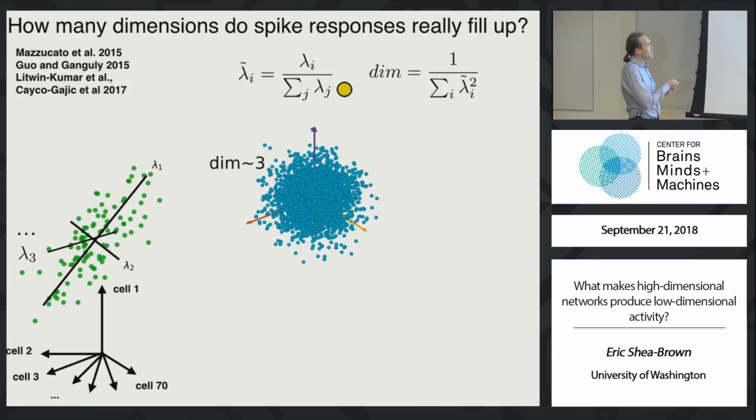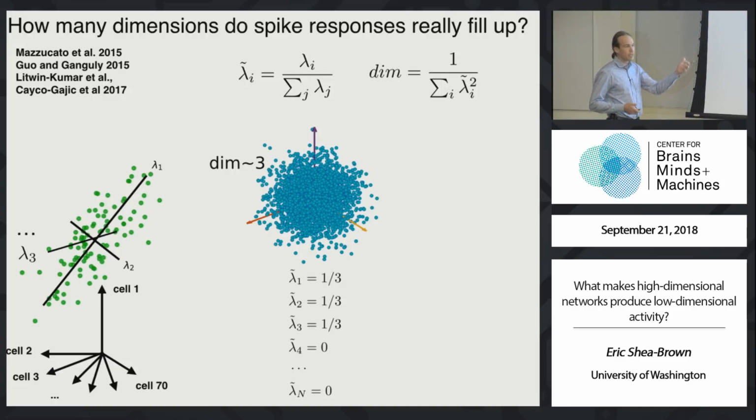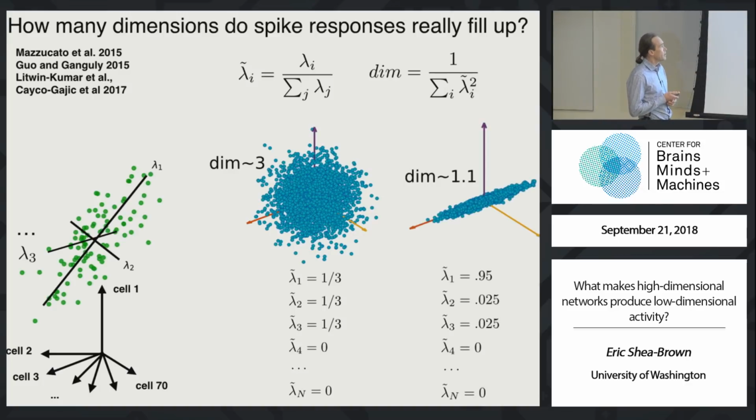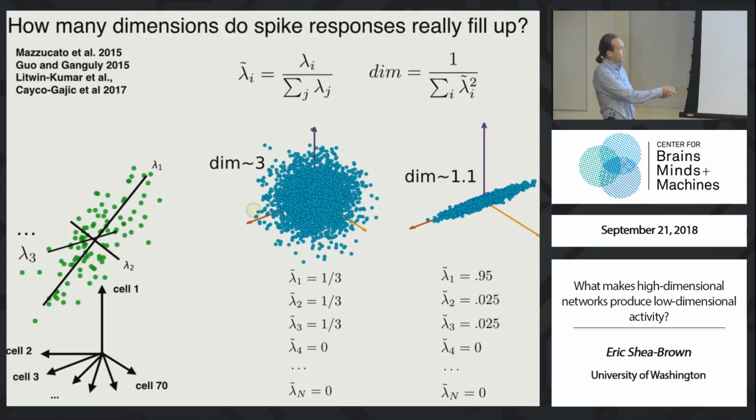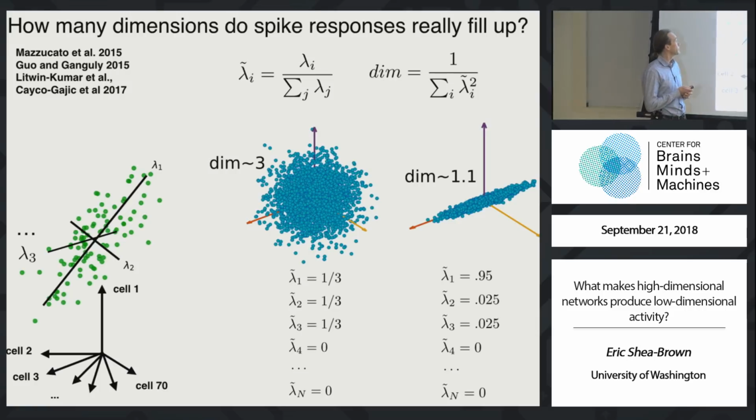Let's say that really I wasn't lying that much, even though you've got 70 different cells at once. When I look at the ensemble of points, they really just fill up a three-dimensional sphere. In that case, 3 of these normalized axis lengths would be the same, all about a third. The rest are 0. If you plug these normalized axis lengths into this formula, you'll get a ninth plus a ninth plus a ninth. 1 over that is 3. So you recover the three-dimensional sphere. Likewise, if you have a hoagie roll instead of a cream puff here, with one dominant dimension and then a little bit of spread in another couple dimensions, you'll get some fractional dimension, which is about what you would expect.